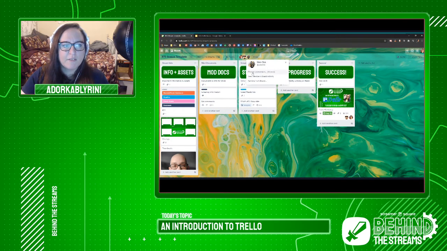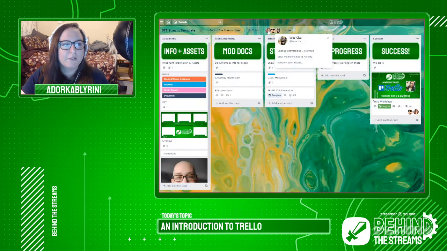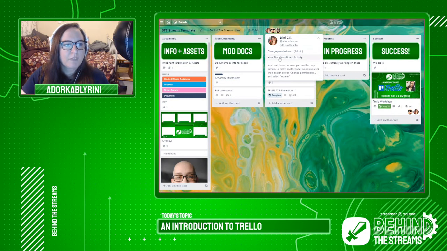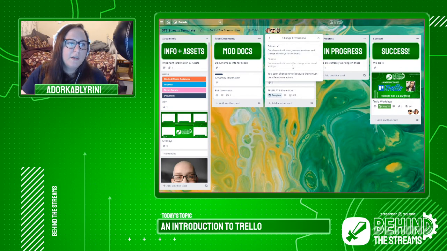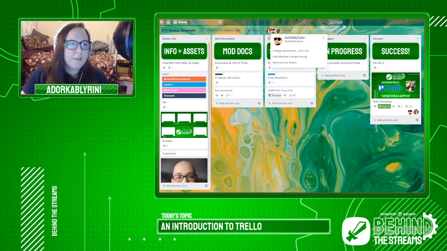And then I can make any of them an admin. I can also remove them from the board if I need to. I can't leave this because I'm the only one left as an administrator, so I can't become a normal user because we have to have at least one administrator in there. And the administrators are notated with this little double caret